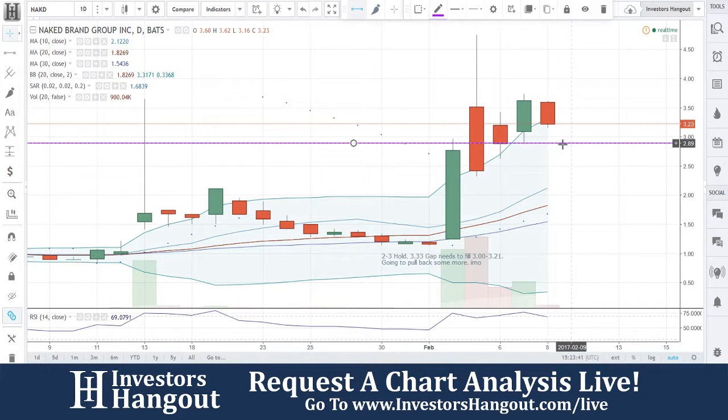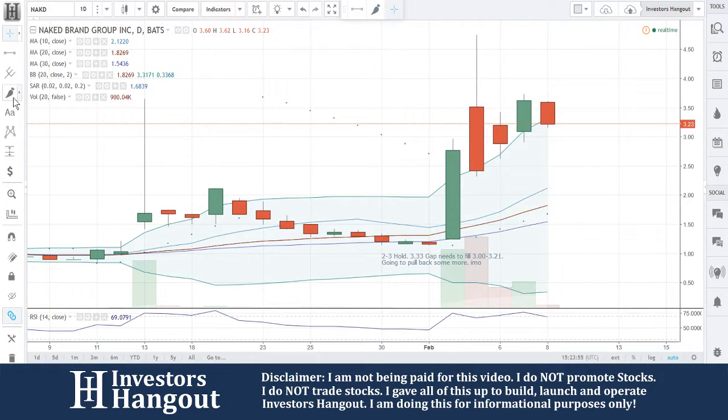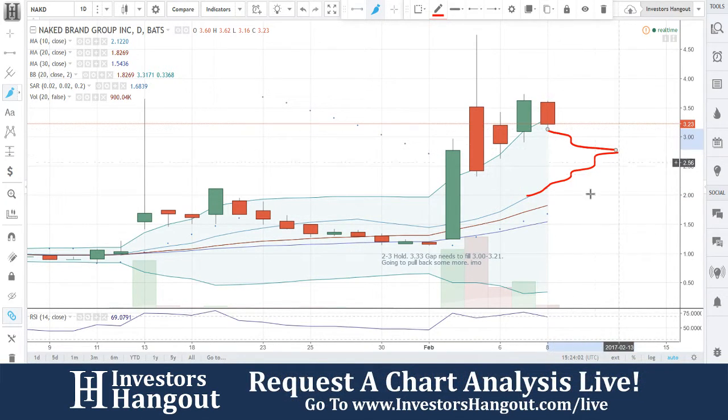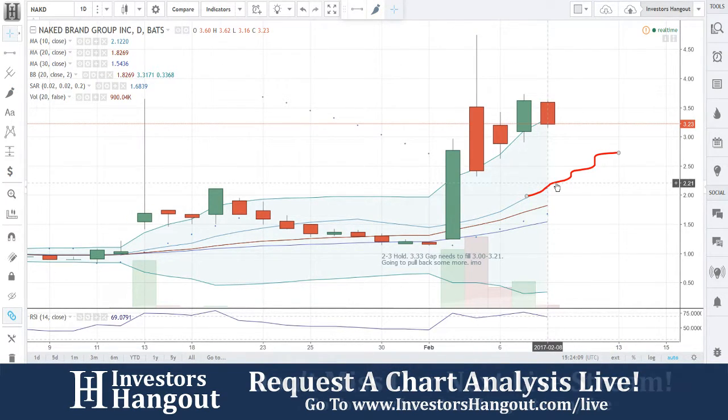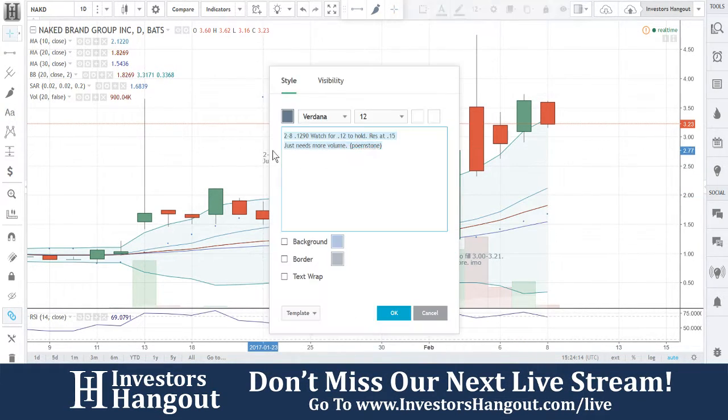You're sitting at one support right now at 323. I'm not going to say that's going to be the ultimate support, but you guys are definitely going to have more support at 289, and then down here at the 10 days. So when this starts crossing up, coming up like this, it might start pulling down like that. Okay, so I'm going to put a hold on this one for now. I'm going to continue to analyze this. It will change. It will start moving if the buying comes in, but right now I think that you need to put the...